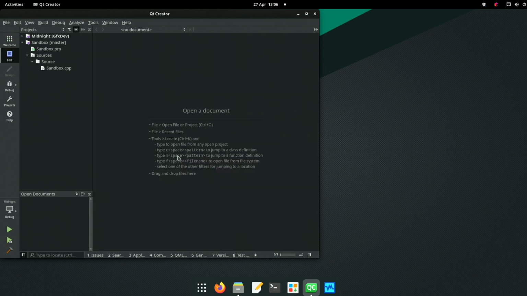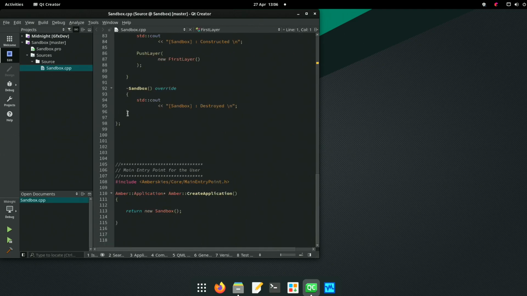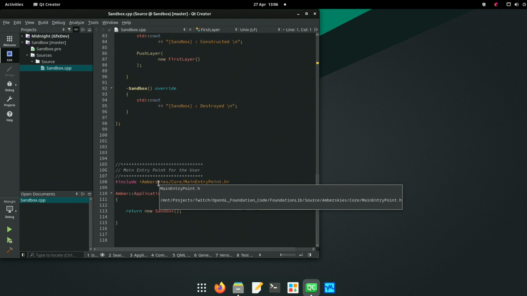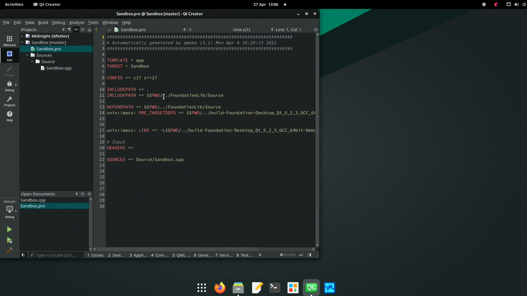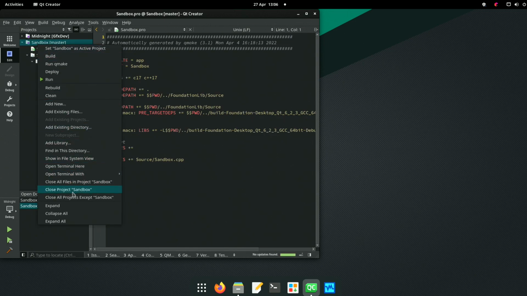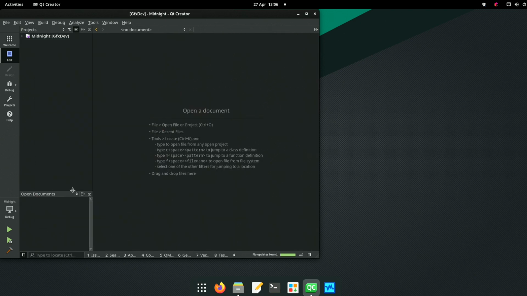So under Midnight, what do we have? We have a Sandbox CCP. Who are you? Who are you tied to? That's Foundation. But what's this doing here? Okay, let's have a look at the dev for Midnight.